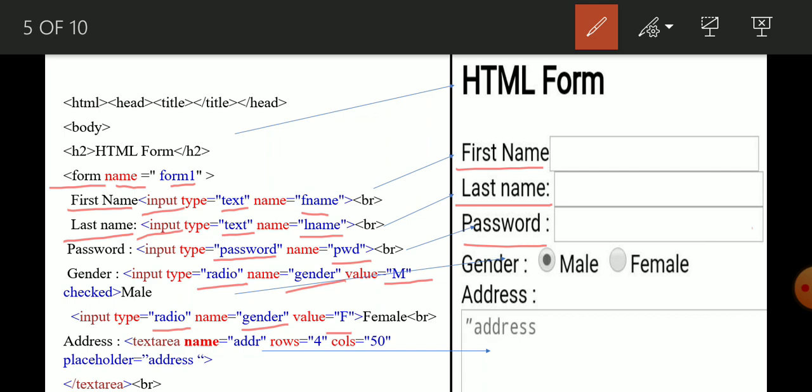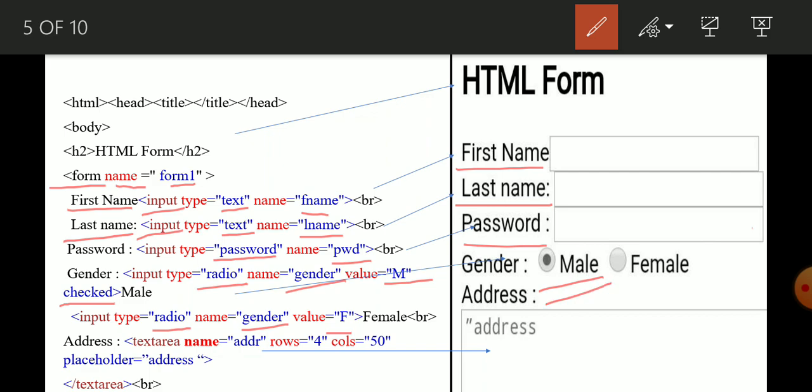Here we are using the checked attribute, which specifies the default selection for an option in a checkbox and radio button. Here we are using the checked attribute, so that here male is selected by default.